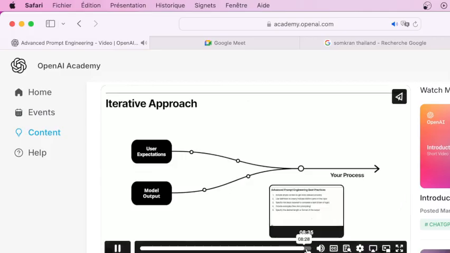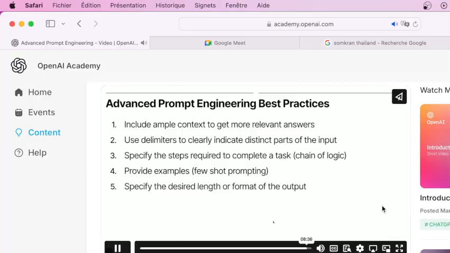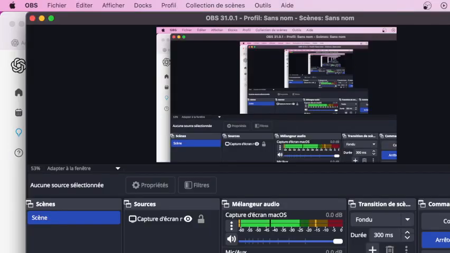Lastly, prompt engineering is always a process of iteration, iterating your expectation toward the model output. Our advanced prompt engineering best practices in summary are to include ample context, use delimiters,